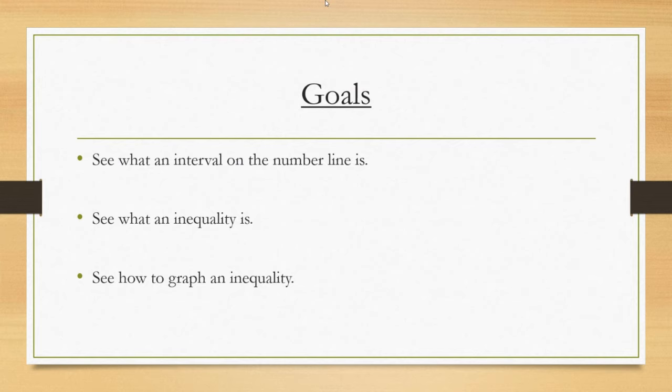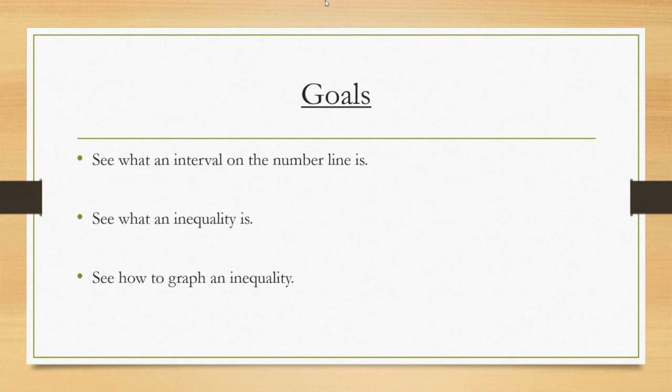We have to see what an interval on the number line is. You'll actually see that with inequalities, just like equations, they can have solutions. Their solutions are not going to be just one or two numbers. It's actually going to be an interval, as we'll see when we do some examples. Probably not today, though. We're also going to see